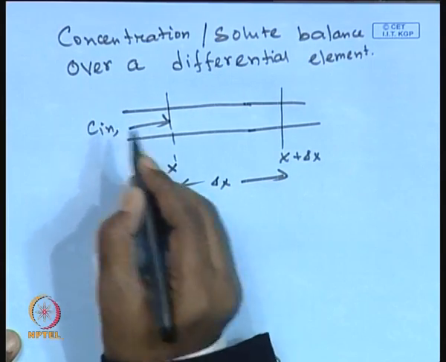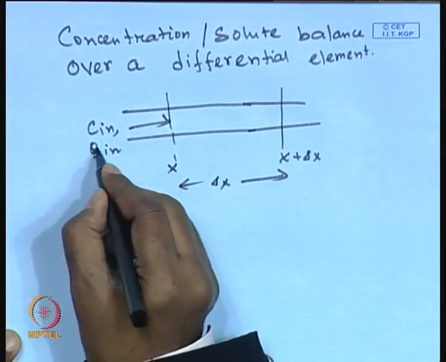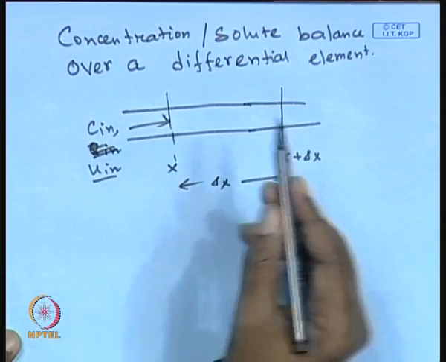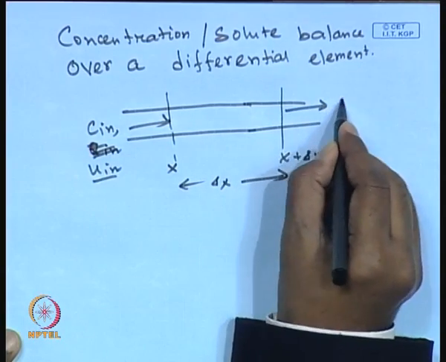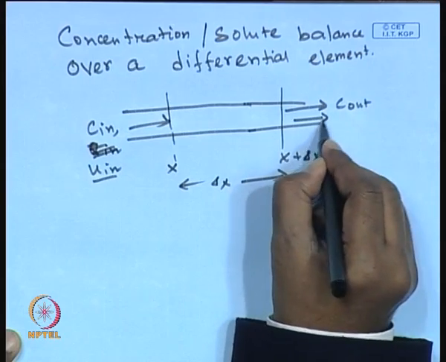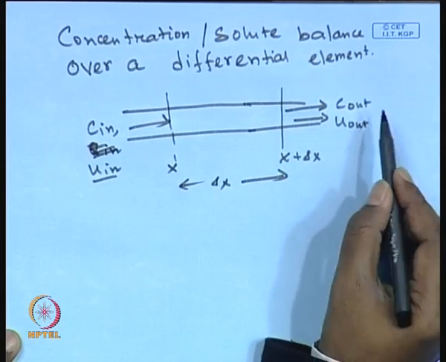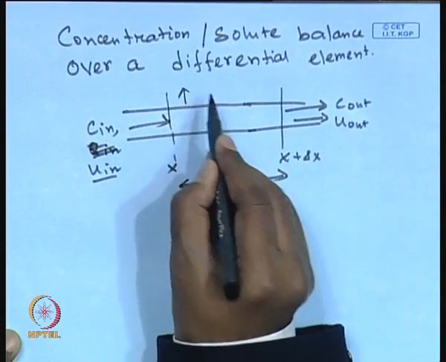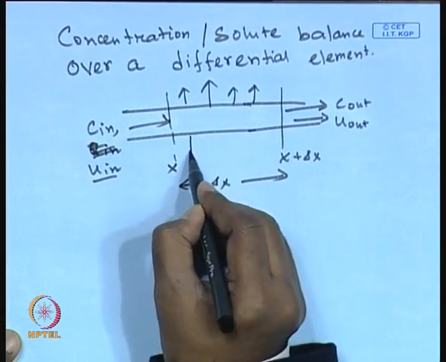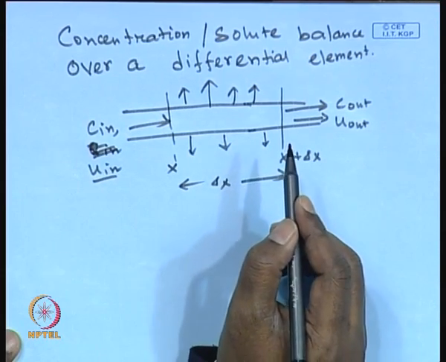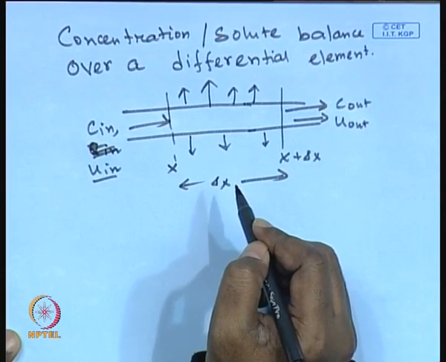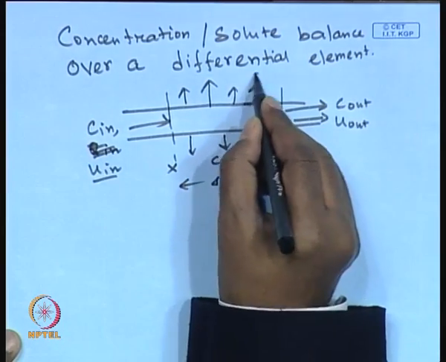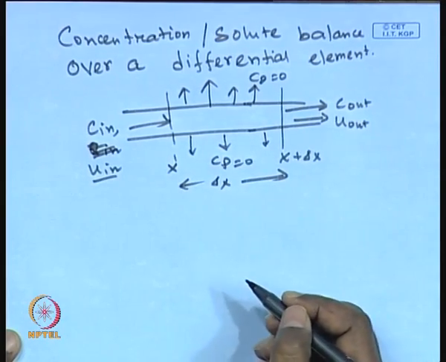C in and Q in, or let us say U in, is the velocity at the inlet, C in is the concentration at the inlet. C out and U out are basically the concentration of the solute and the velocity that is going out of the system, and you are going to get the permeate. But remember, since we are talking about a completely retentive membrane, the Cp will be equal to 0 on both sides. You are going to basically recover pure water out of this.